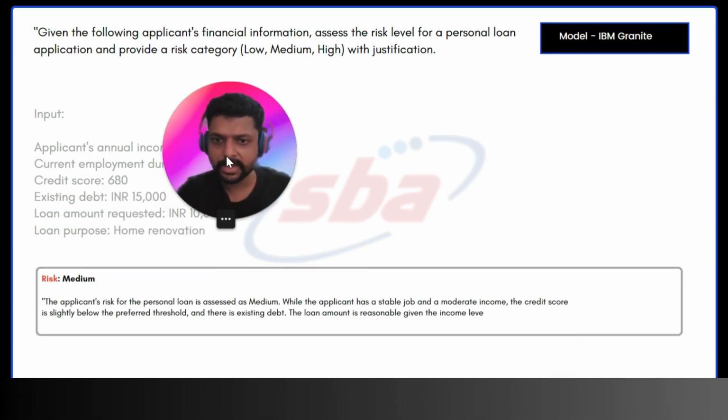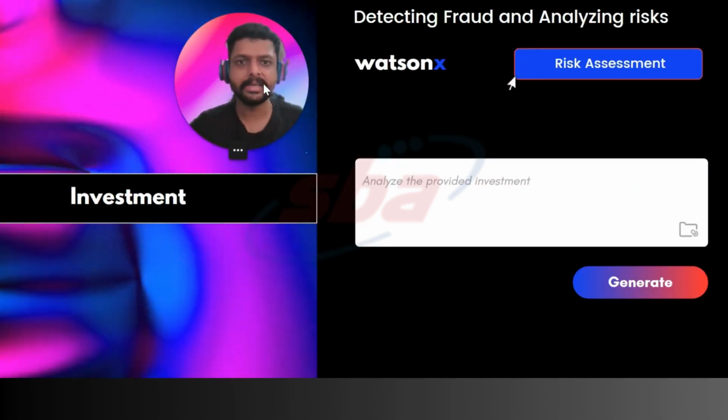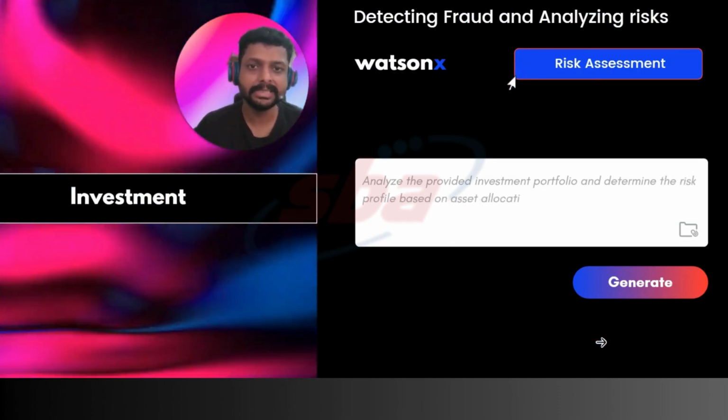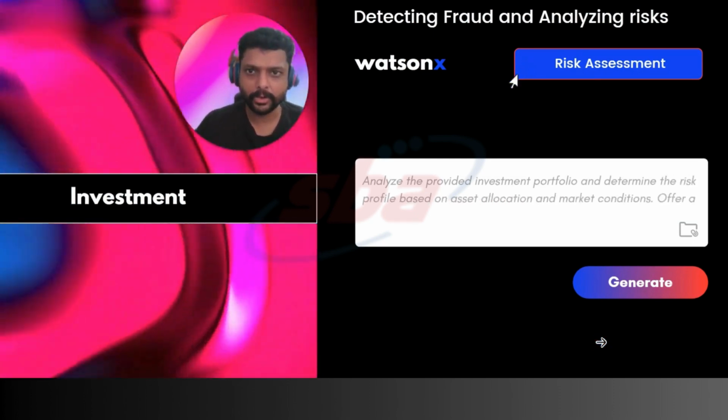Okay, the applicant's risk for the personal loan is assessed as medium. While the applicant has a stable job and a moderate income, the credit score is slightly below the preferred threshold, and there is existing debt. The loan amount is reasonable, but the credit score and the debt to income present moderate risk factors. Good. And for the second risk assessment, for our investment criteria, we're going to pass in the investment portfolio